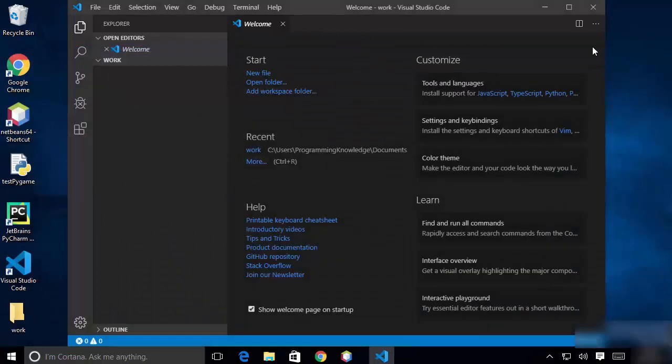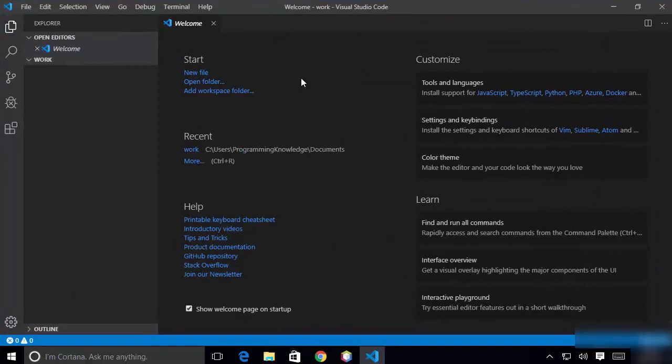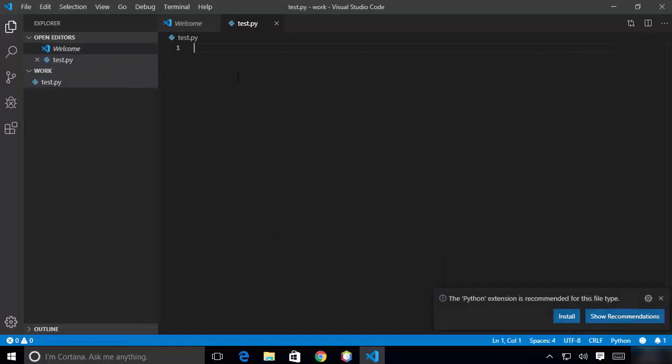So I'm going to just close this terminal. Now we want to create some Python script, and we want to run this Python script using Visual Studio Code, and also we want to debug our Python script using Visual Studio Code. So let's create a Python file first of all. I'm going to just create a test.py file and then press enter, which is going to create this file.